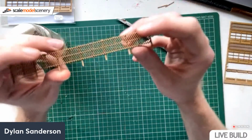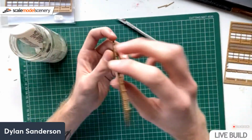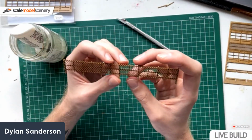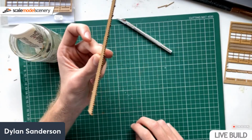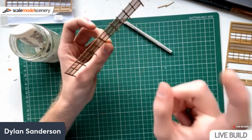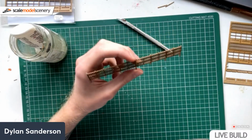Right, so that's the fence done. As you can see, it looks fairly smart. And all you need to do is just build a couple more. If you're batch building these, you'll be able to knock it out in no time. But I think it looks really good. All you need to do is give it a spray coat of primer, if you're bothered, and then I recommend spraying it with